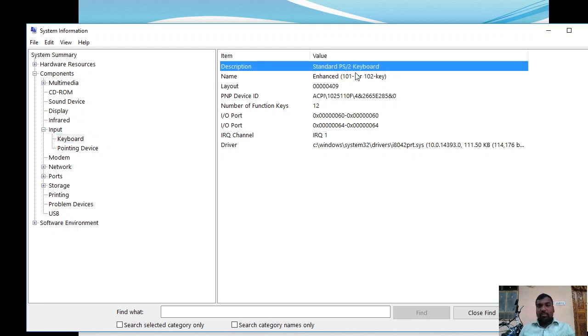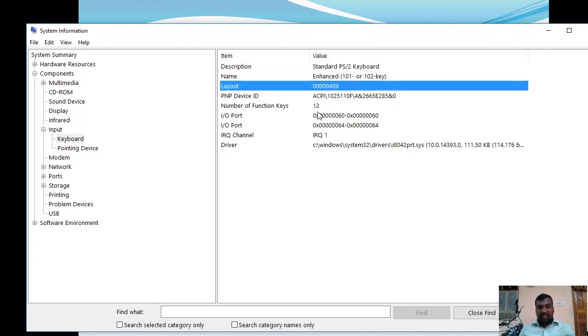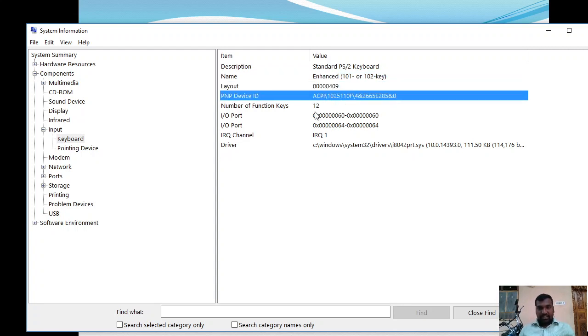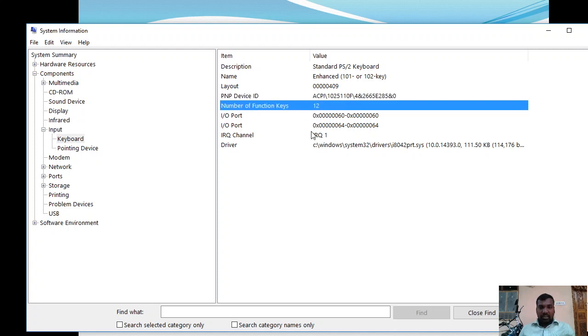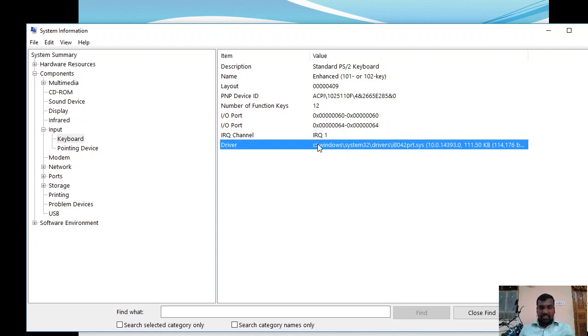So it is a PS/2 keyboard, and it has either 101 or 102 keys, and the layout is 409 layout, right? This is the keyboard ID, and the number of function keys is 12, and input output port addresses, these are the input ports, right? This is the driver details.